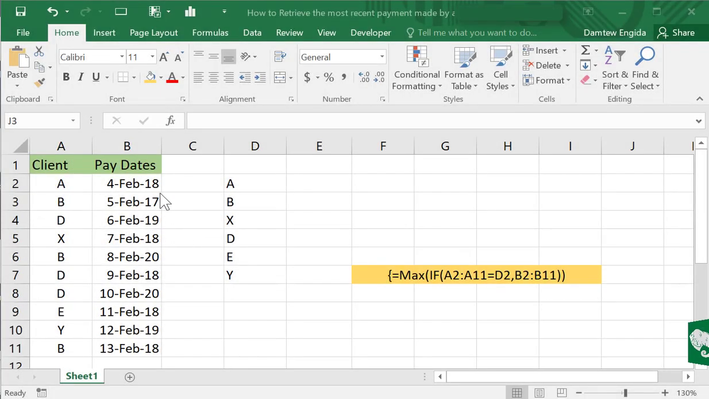How to retrieve the most recent payment made by a certain client. In this worksheet, we have column A with a list of clients and column B, pay dates of the various clients. We want to retrieve the date of the most recent payment made by each of the clients listed in column